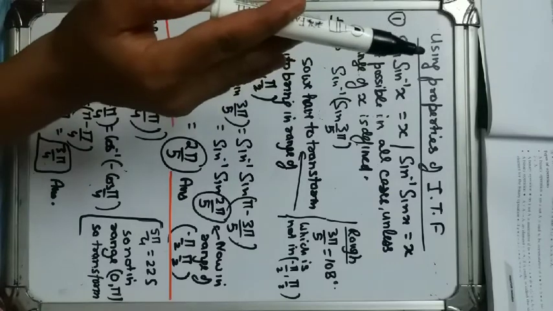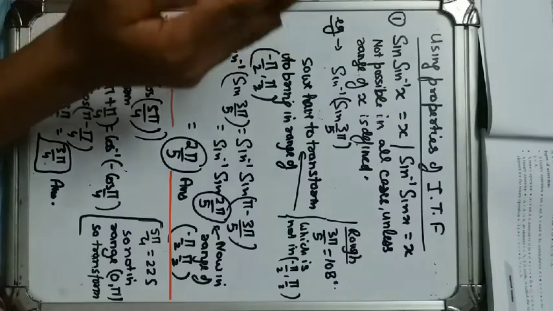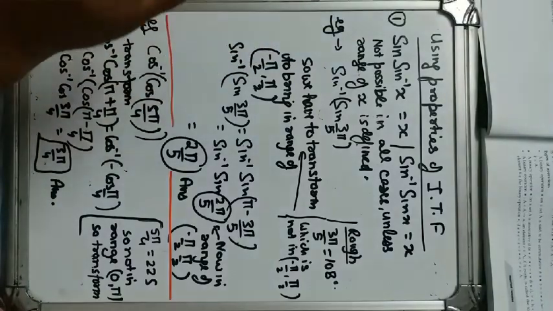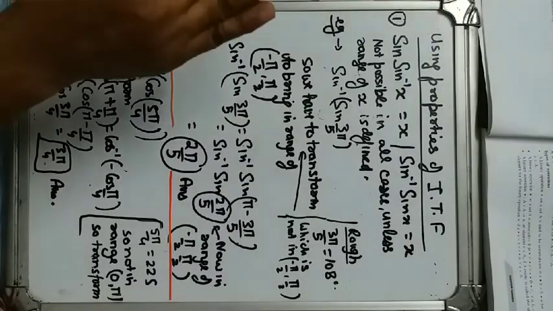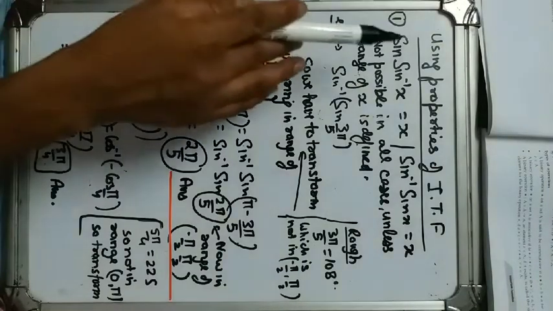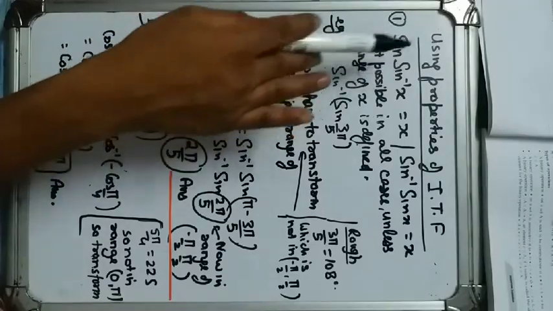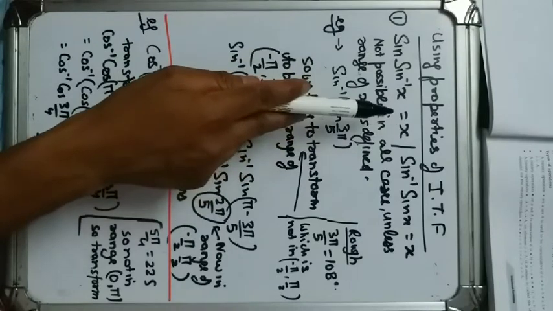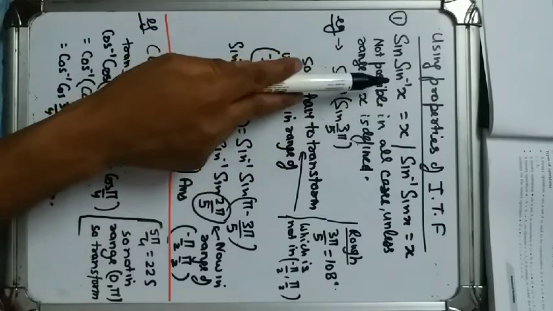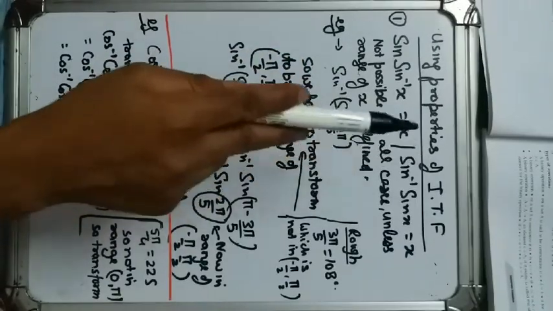that x is in between the principal values, which I have given already as a snapshot. Like in case of sine, when x is between minus pi by 2 to plus pi by 2, only in that case sine inverse gets cancelled out. Not cancelled out, we just remove the values and this is equal to x. So this is possible only when the range of x is given and that range is the principal value of x.